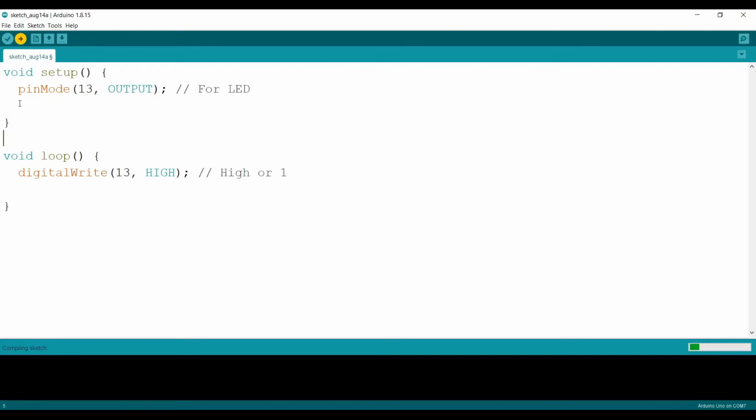It will perform the task accordingly. So keep an eye on the camera. You will be able to see this. Currently you can see that the code is being uploaded. Once it is uploaded, you will be able to see that the LED has been turned on. So let's wait. Now you can see that the orange LED has glowed because that's what we have written in the code, to turn on the LED.